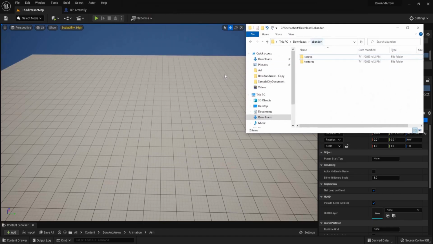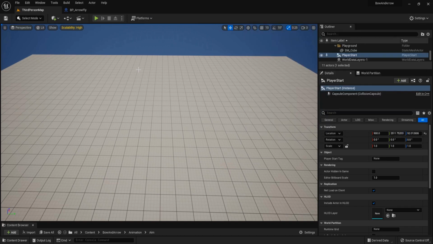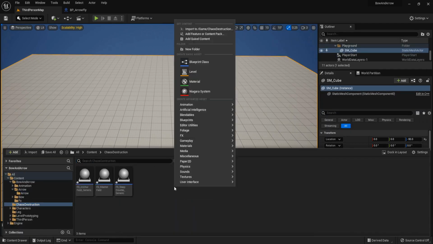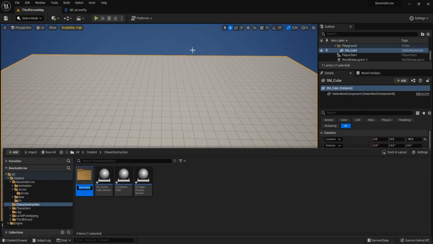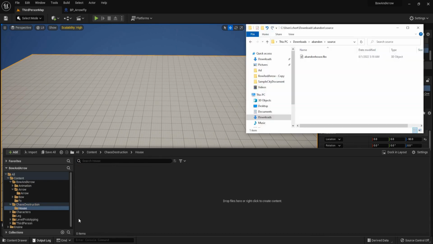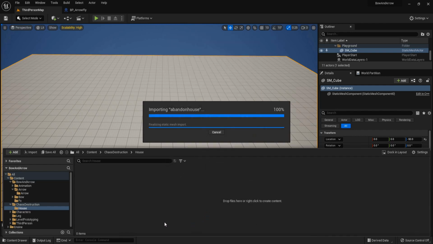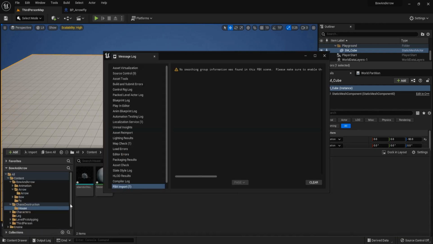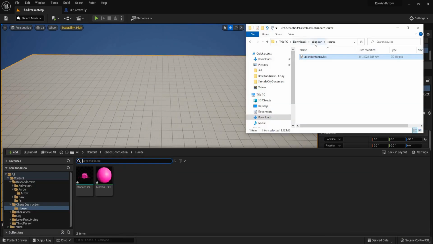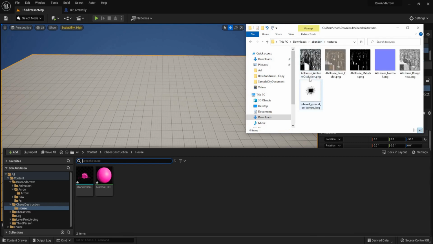Then extract it and go to source, add new folder, name it house, and drag our house inside Unreal Engine and click on combine meshes, import all, and the texture, use all of this, import.